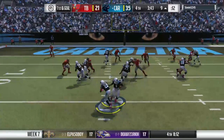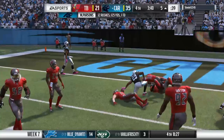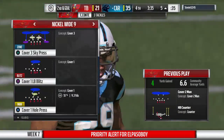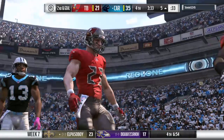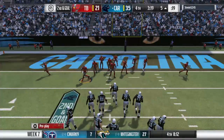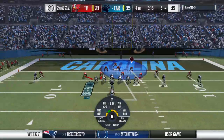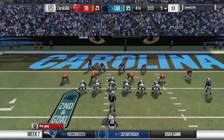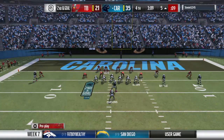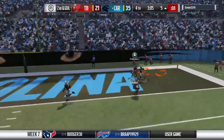1st and goal here from the 9. And to give this time to the tailback. And able to push his way forward here for a good little gain. A pickup of 4 on 1st down. It'll be 2nd and goal. And in this situation with the lead in the 4th quarter, they're liking keeping the ball on the ground, I'm sure. That's just smart football, but you know the defense has to know it as well. They've got to stop them here. So now we're going to see that loading the box in a big way. 6, 7, 8, 9, whatever it's going to take. Puts a little bit more pressure on your...